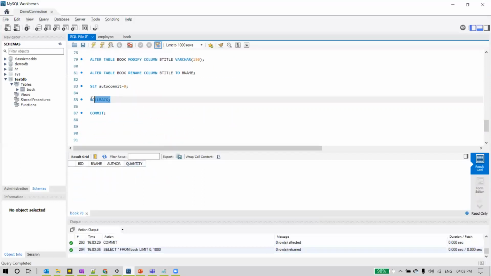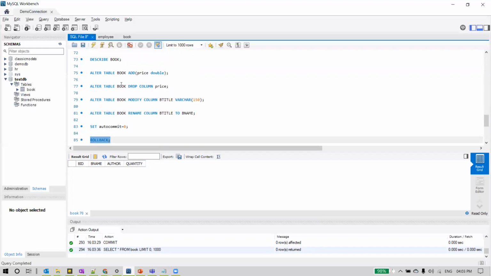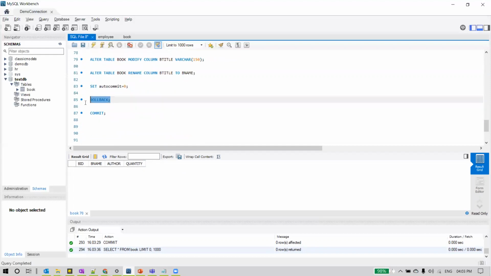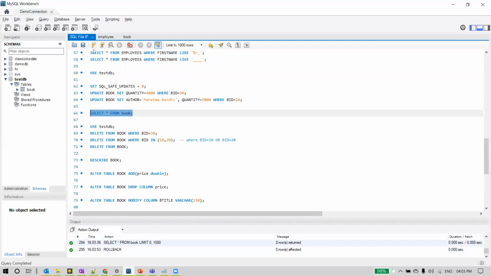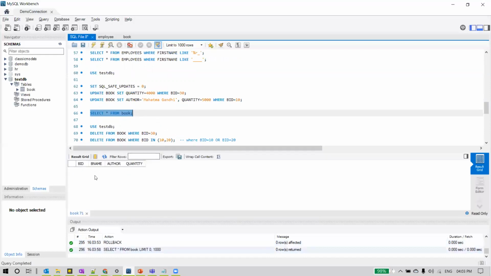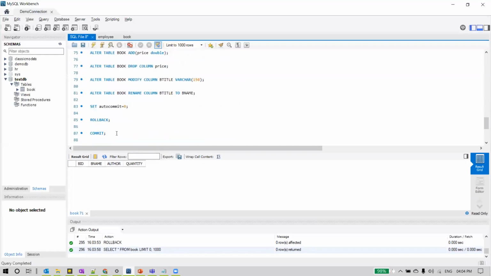And also, let us try rollback now. So earlier, when we didn't see these rows and we ran the rollback command and then tried to view the data, we got the data, right? Let's do that now. Executed rollback. Now we'll execute select star from table, and still you will not be able to see the data as we already committed the transaction and it got persisted, or it took effect onto the database. So this is the concept of commit and rollback, and this is the use of having set autocommit equal to 0.